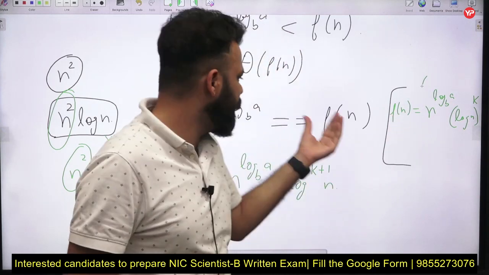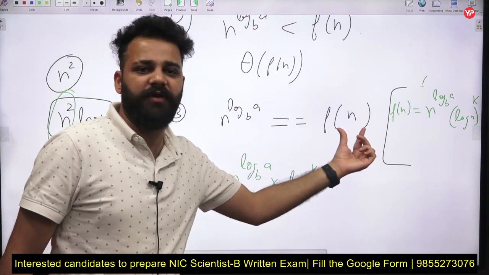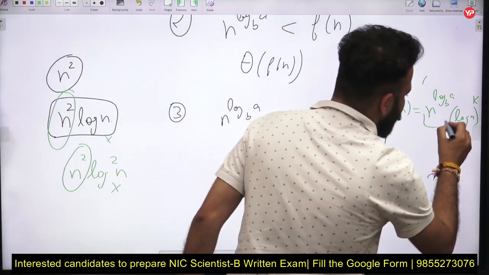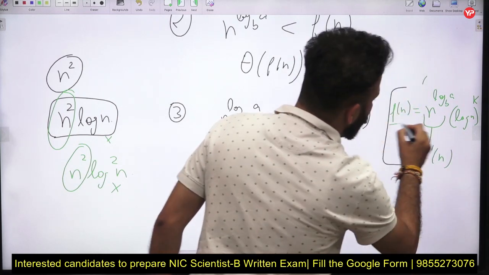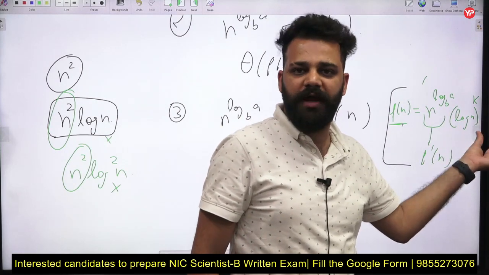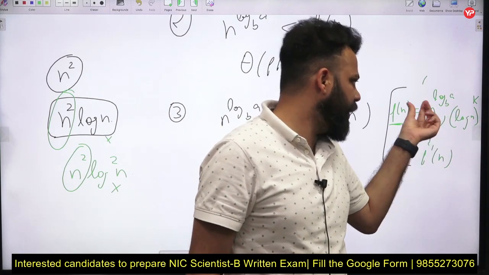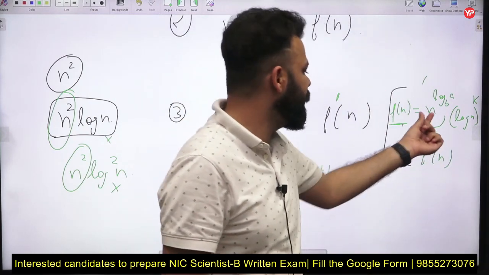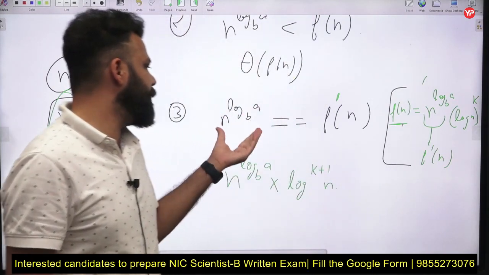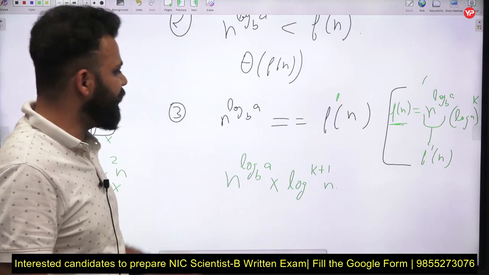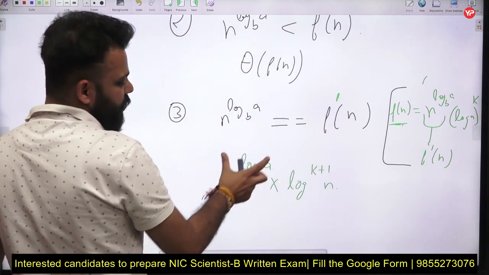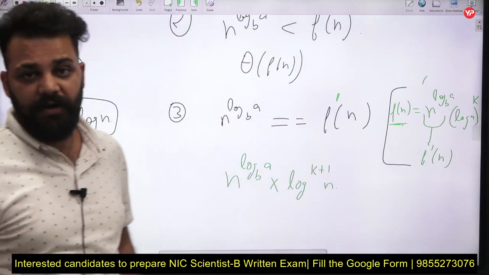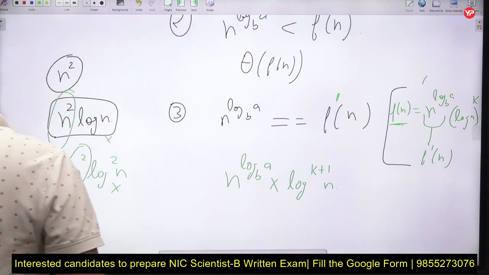So f(n) will look like the part which was equal, and we will call this f'(n). By definition f'(n) is this. If f(n) is given to you, you will exclude the log n part and just take the n part, which will look like n², n³, or n⁴ or anything, and we will name it f'(n). f'(n) will be compared to n^(log_b a), and if they are equal, the time complexity will be f'(n) as such, which is also equal to n^(log_b a), and whatever is the power of log, you will increase the power by 1. These are the three cases, so we will now try some questions for this.